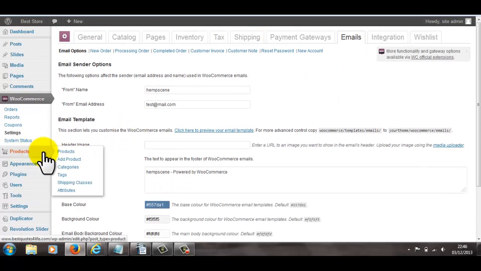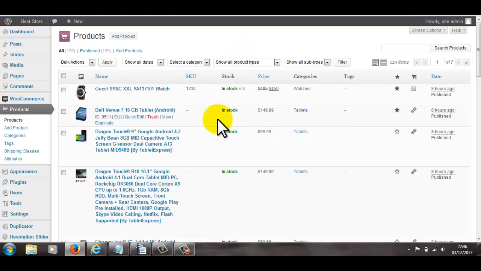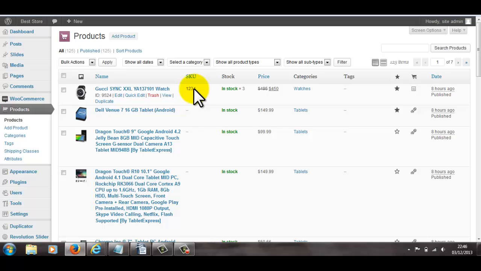You've got this other section here. This is the product section. So what you can do is you can add products to the store, right? As well as pull in products from Amazon, and I'll show you that in a second. But let me just show you how to quickly add some products, right? So what we'll do is, right,